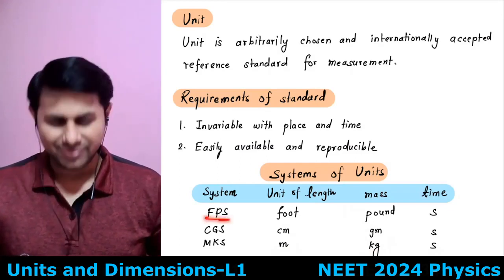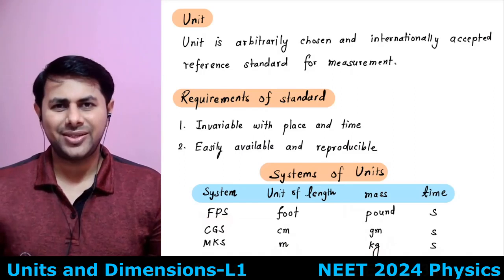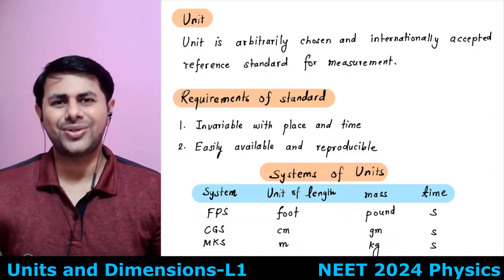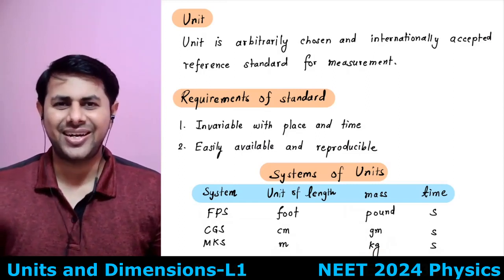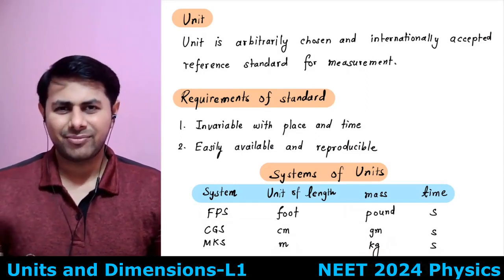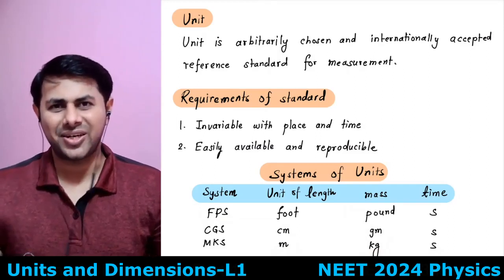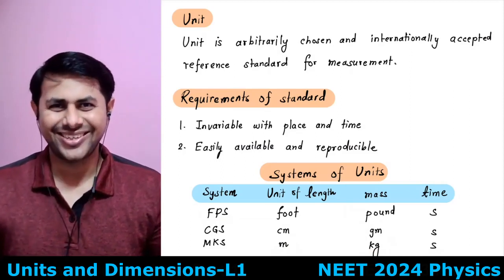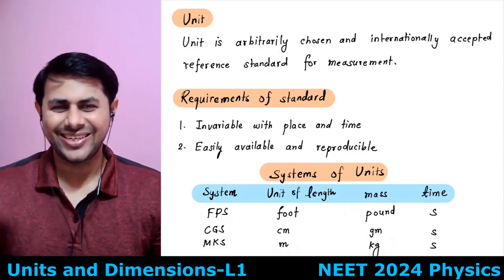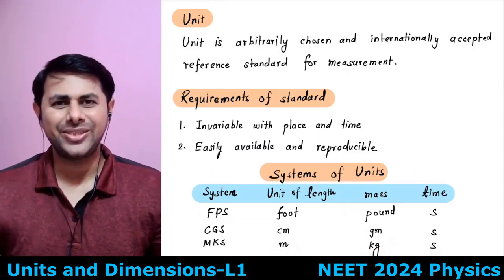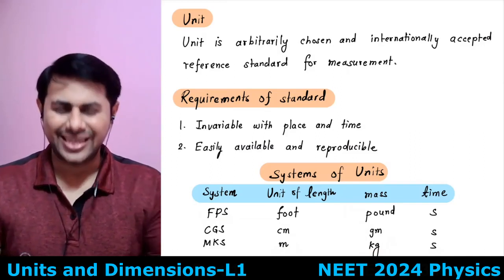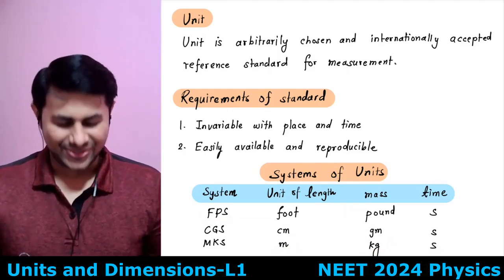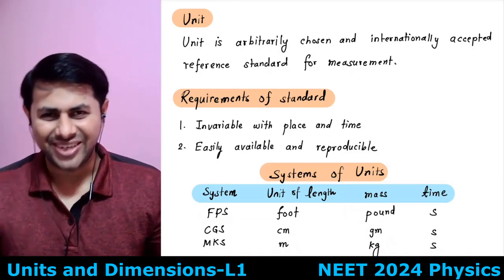This is a famous story. So how did foot become a unit of length? How did that come into place? There lived a king somewhere, and he said one day that the unit of length in my kingdom is going to be the length of my foot. And from the next day onwards, the unit of length there was the foot, which was the length of the foot of that king. Nowadays we don't have such freedom.